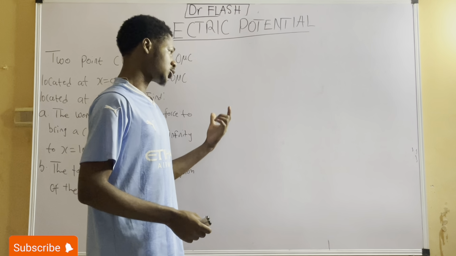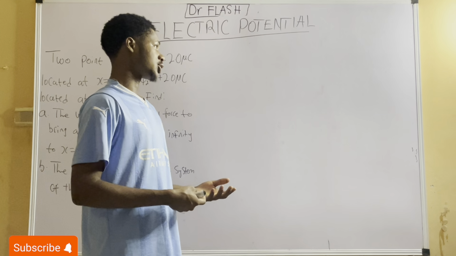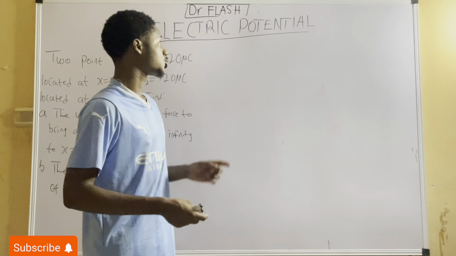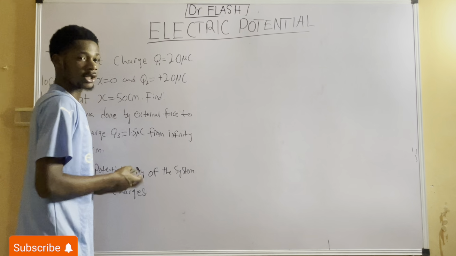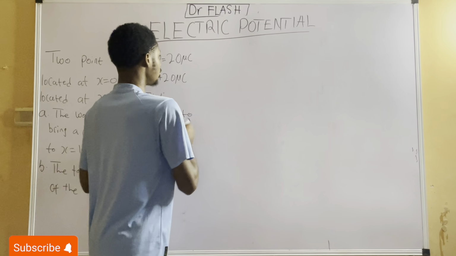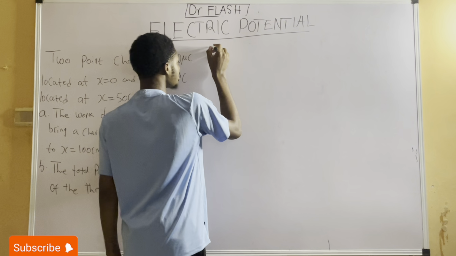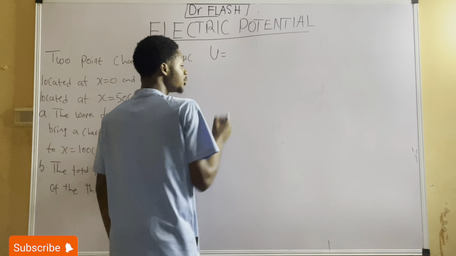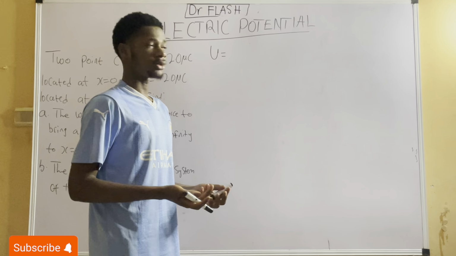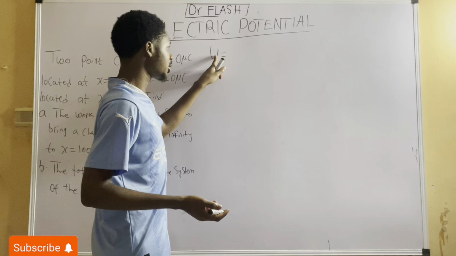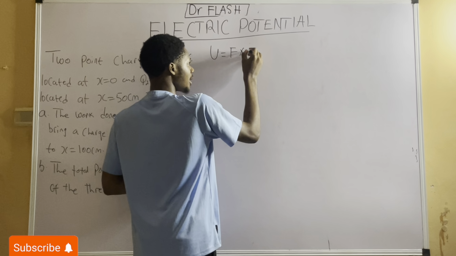Now, first things first, we're going to talk about electric potential energy, the formulas and equations that we use in solving problems on it, and then we move into electric potential, from which we can attempt this problem. Okay. Now, first things first, what is electric potential energy? The electric potential energy U is simply the work done in moving a unit charge in an electric field. Mathematically, the electric potential energy U is given as the force needed to move it times the distance